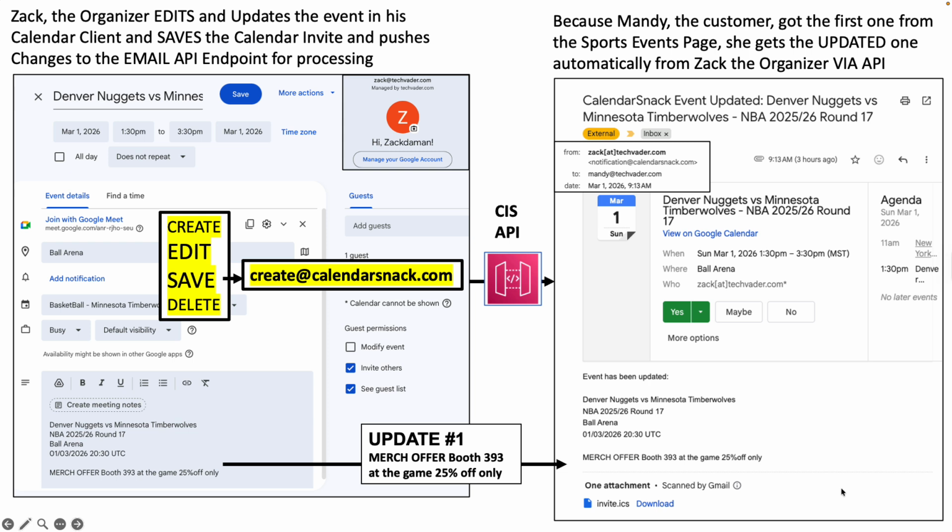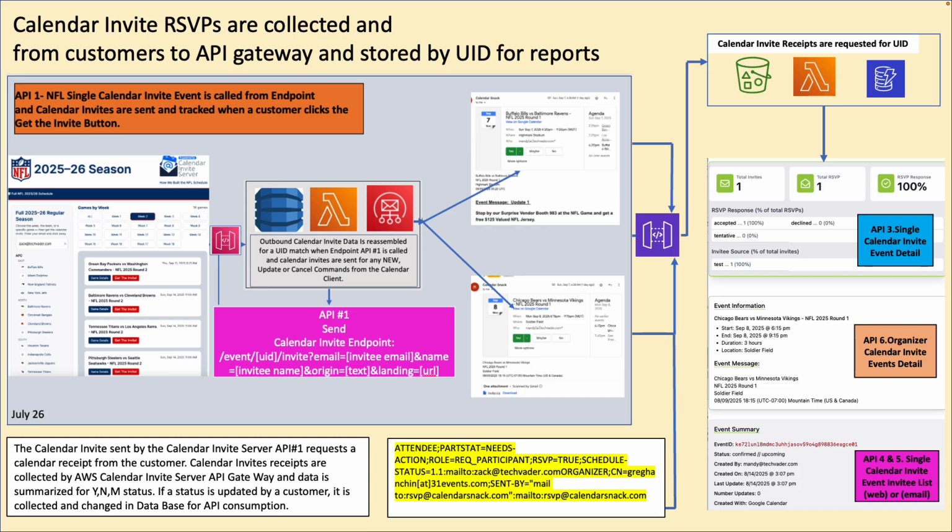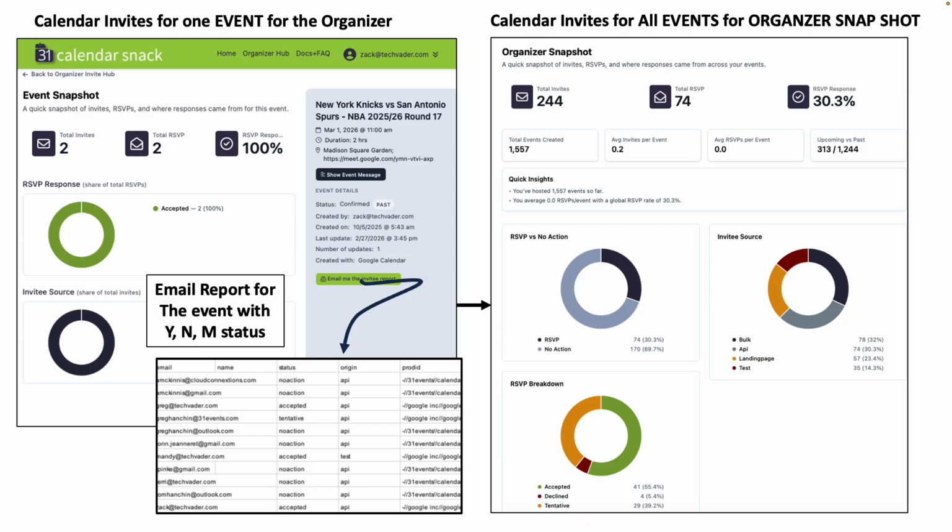And so she receives the new information on her calendar, and she can say yes, no, maybe. Then we recollect that data again based on the updated information back in the organizer's dashboard as I'm displaying here. And we update the calendar invite based on the updated version that Mandy just received,